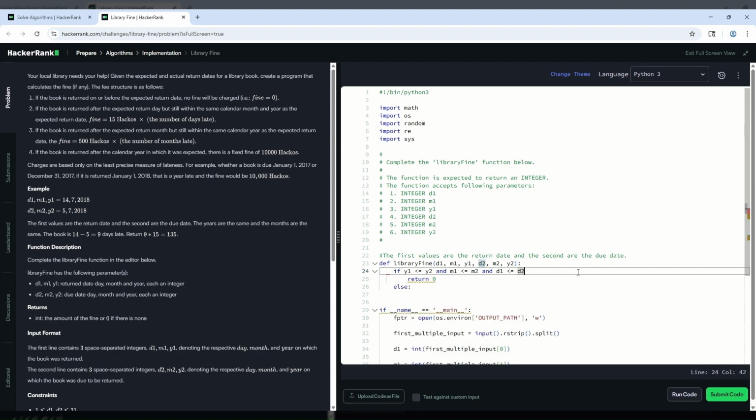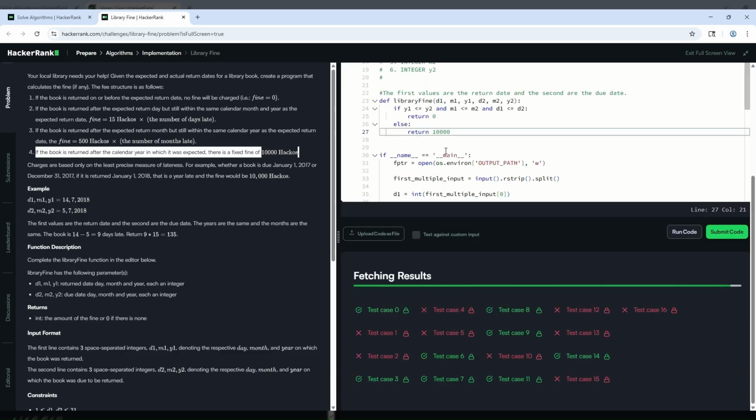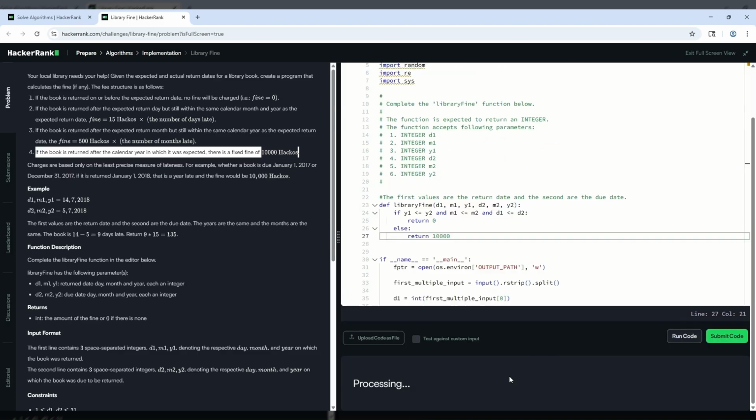Else, oh, oops, forgot a colon there. Else return 10,000, because that's the very last case. And then we're going to add else ifs, so we can pass some of the test cases. These are the ones where,